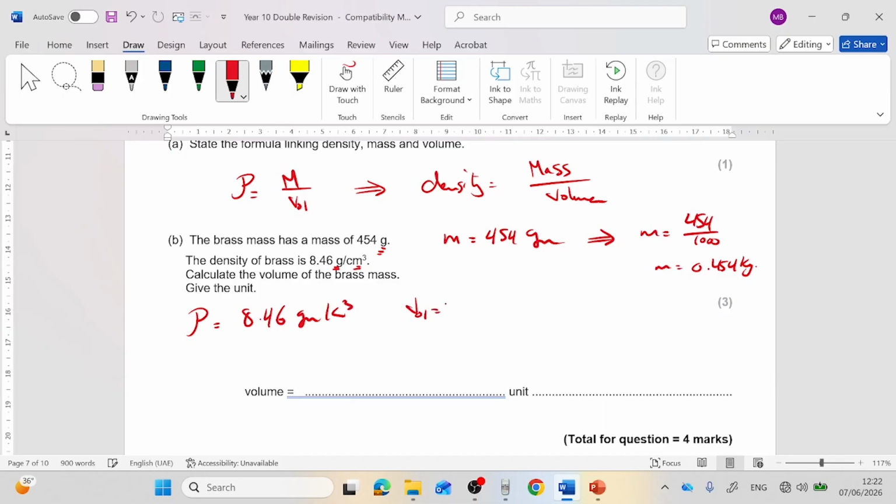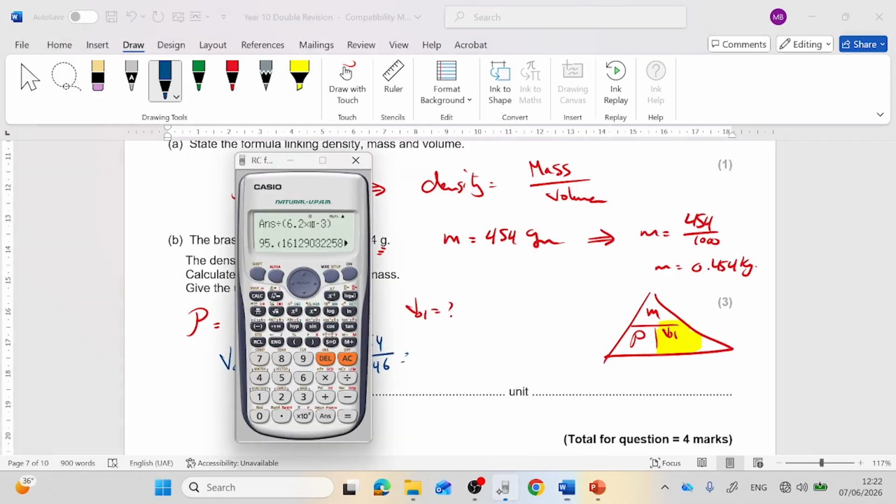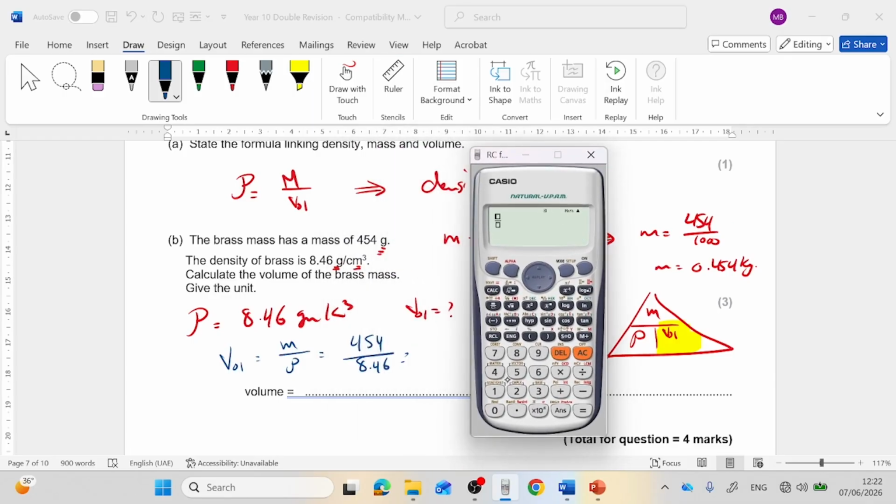Calculate the volume. You know that from the formula, density is equal to mass over volume. So if you are interested in the volume, you will do mass over density. Mass is equal to 454. Density is equal to 8.46. So in this case, you will use your calculator and you will divide the two numbers. 454 divided by 8.46. So the answer is